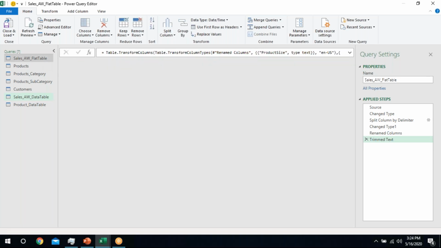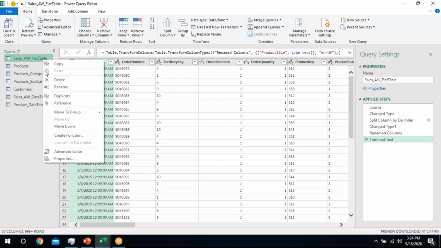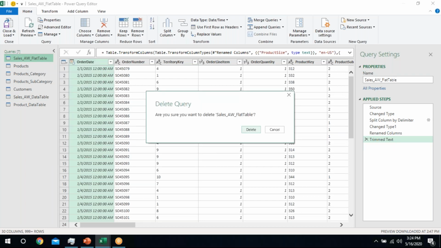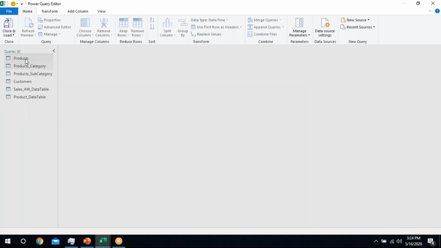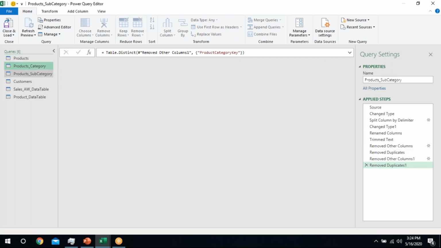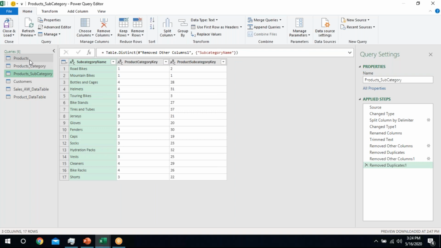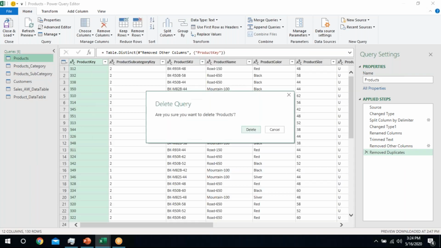Now this flat table is no more used since I have arranged my database in a normalized form. I just right-click and delete this query. Yes. And from this product table, I've extracted these tables, that is product category, product subcategory. So this product is also a flat table. Right-click and delete.